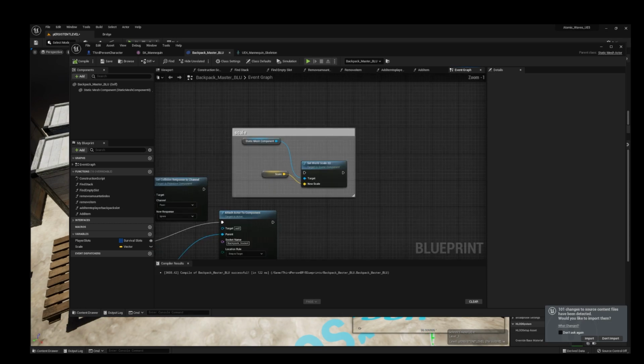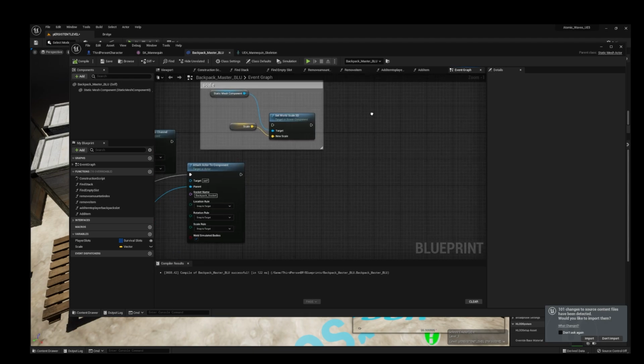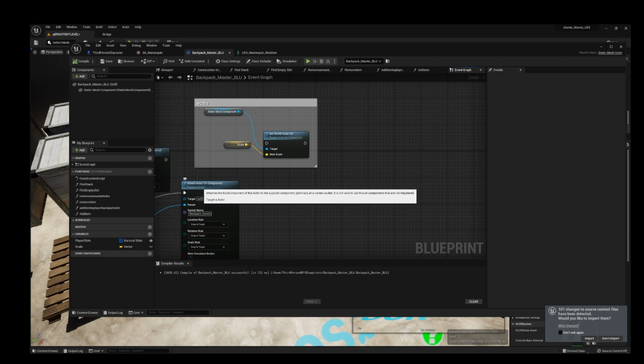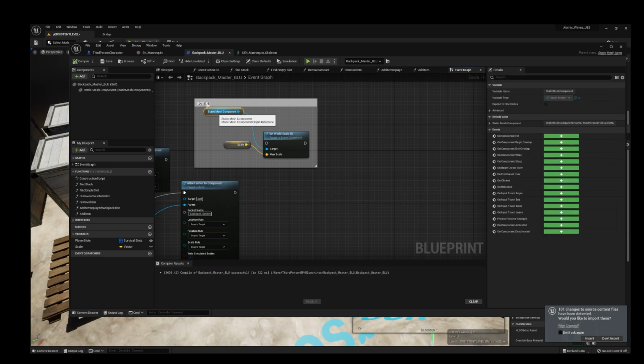So from our static mesh component, or we can get an entirely new one, really up to you. If you have the scale component attached to attach actor to component, you can easily drag it from here. But since I don't need it, I'm just going to copy paste.